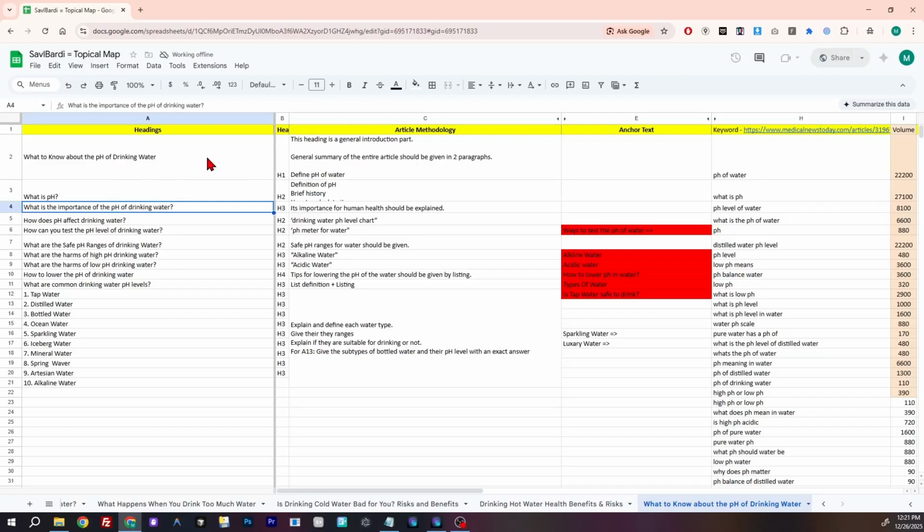macro context. Because any relevance point or relevance score that we are able to take from this section, which means the queries that involve the concept of pH but do not involve water explicitly, we also increase the chances to rank for those queries. That's why we first give the definition of what is pH and then connect pH back to drinking water.